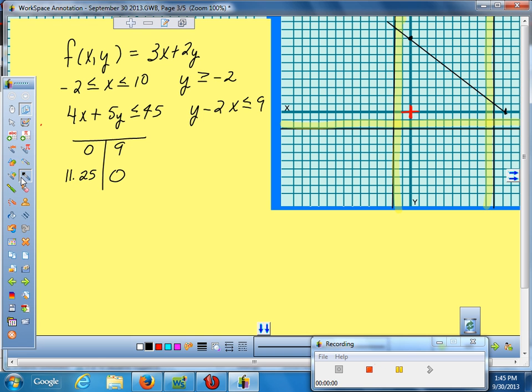So how would I test this one to know where it shades? I would put 0, 0 in myself. So if I do 4 times 0 plus 5 times 0, that's going to be 0 is less than or equal to 45. I believe that's true. So, yep, we are shading toward 0, 0, which means